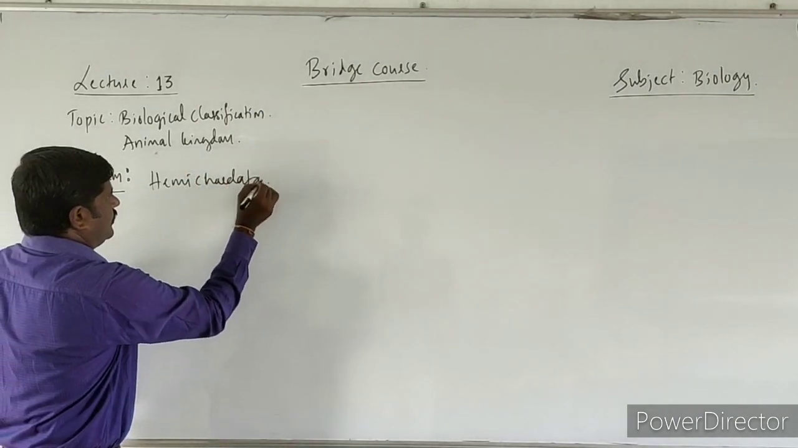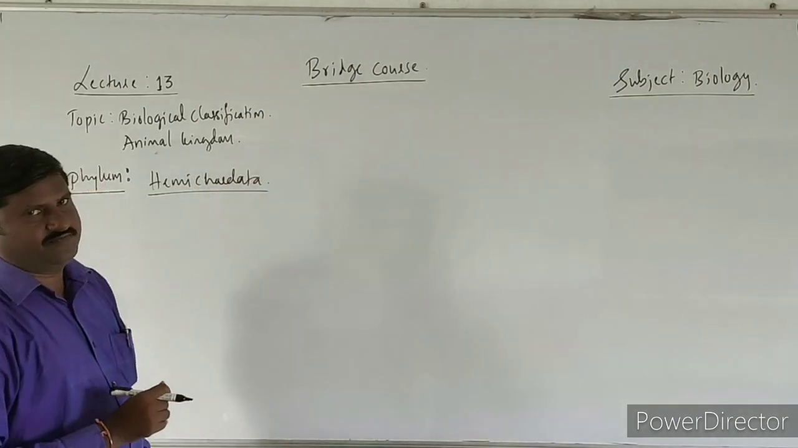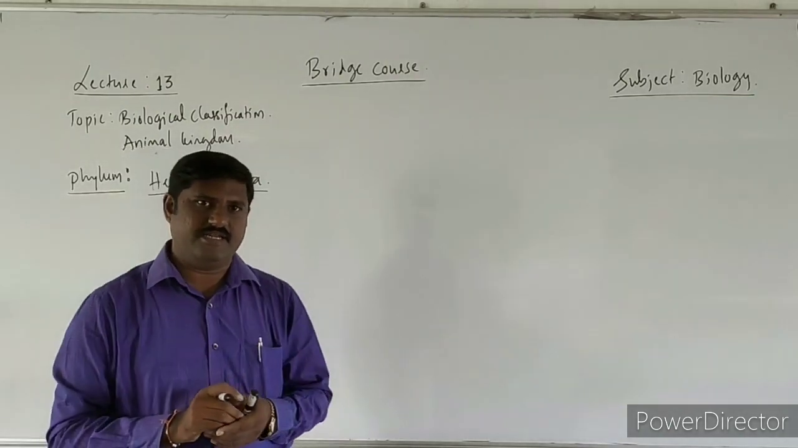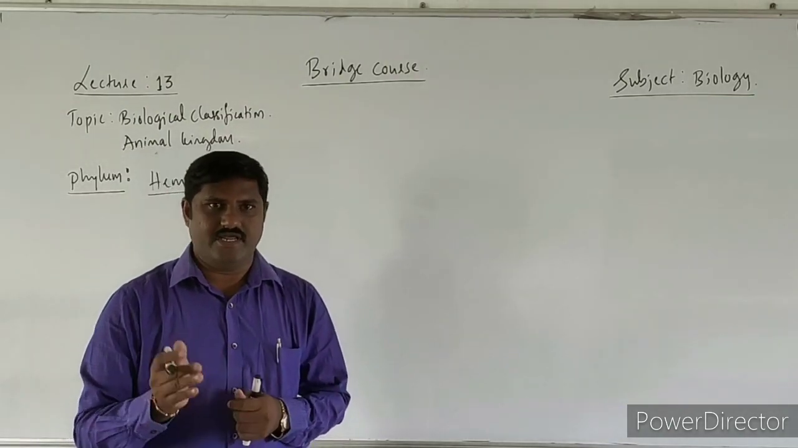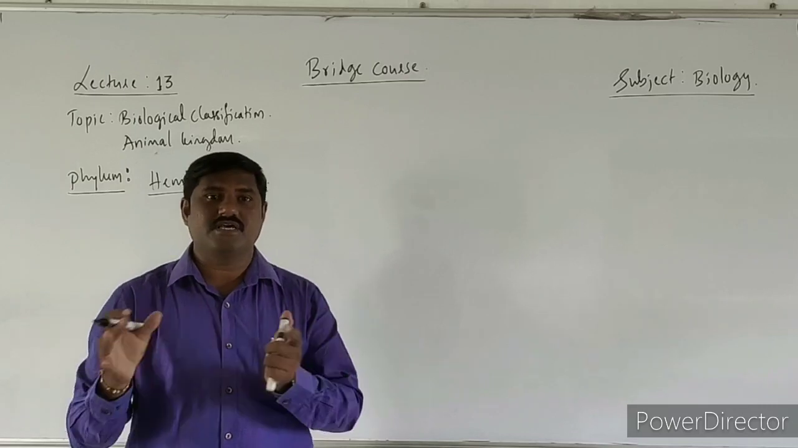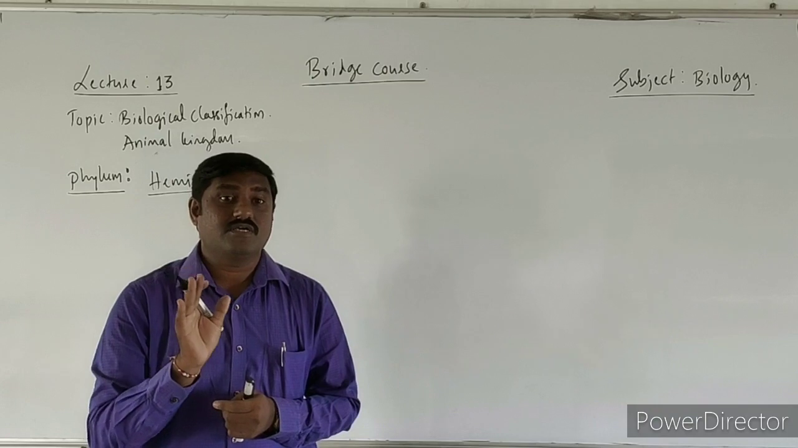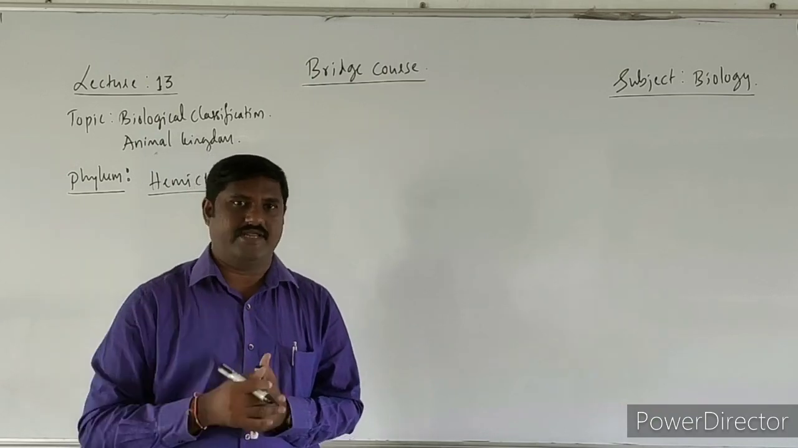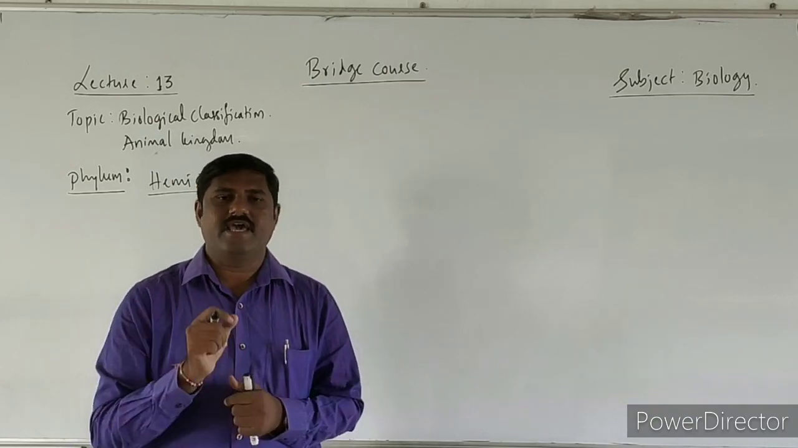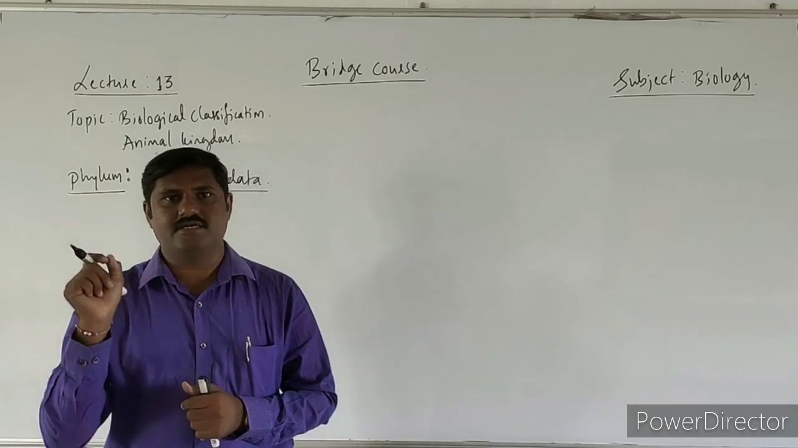Hemichordata is one group of animal. Hemi means half, or partial. Chordata, these are partial chordates or half chordates. Means what? They are not completely considered as chordates. So why? Because they have pre-chordate characters like